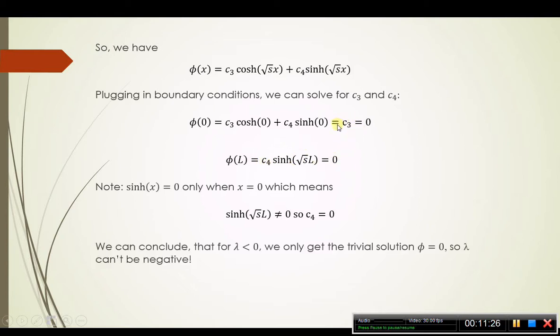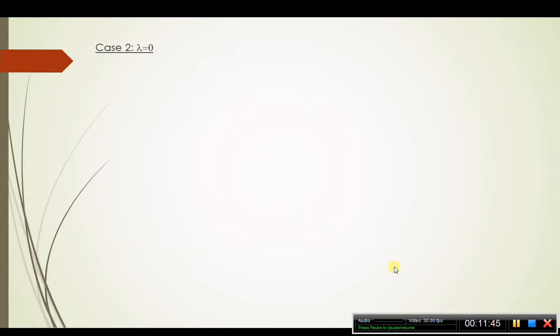So basically that means that the only way that phi of x equal to this satisfies our boundary conditions is if both C3 and C4 are equal to 0, which we conclude that for lambda negative, we only get the trivial solution, which means lambda can't be negative. We're only looking for non-trivial solutions. Okay, so in the case lambda equals 0,